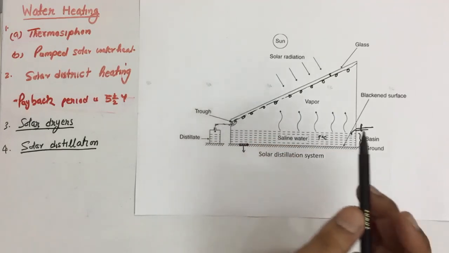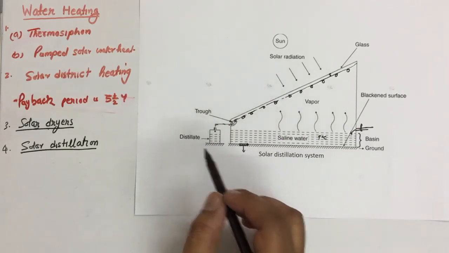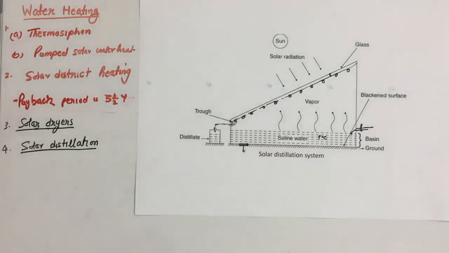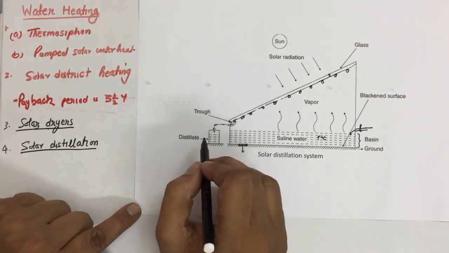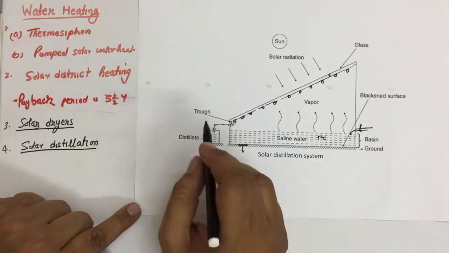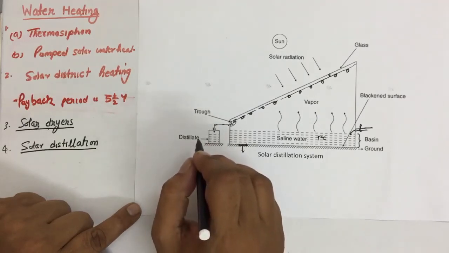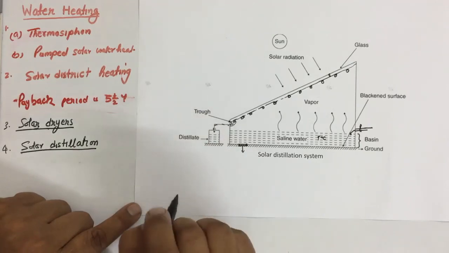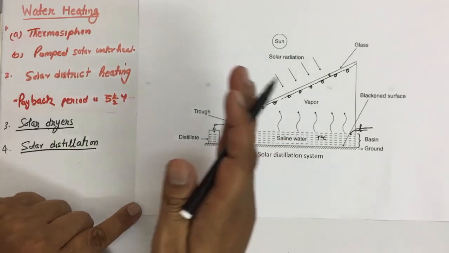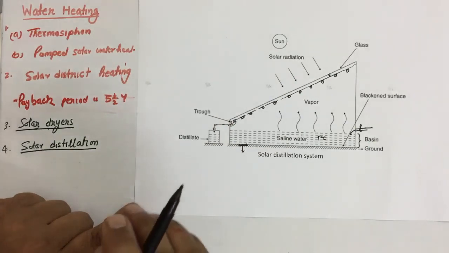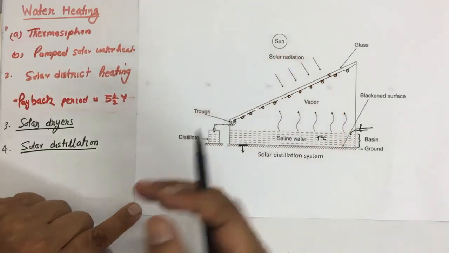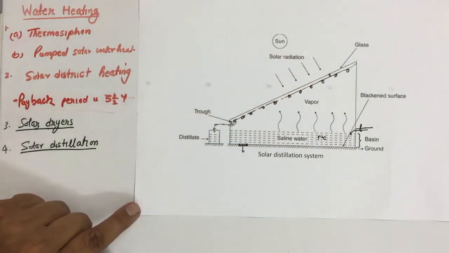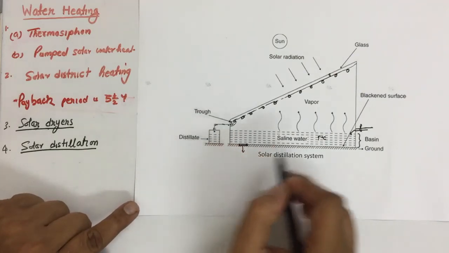So in this way we are able to collect the distilled water from saline water, and the distilled water obtained from here can be used for industrial processes, hospitals, and dispensaries for sterilization. It can be used in garages and automobile workshops for radiator and battery maintenance, and there are so many applications of this type of water collected from this system.